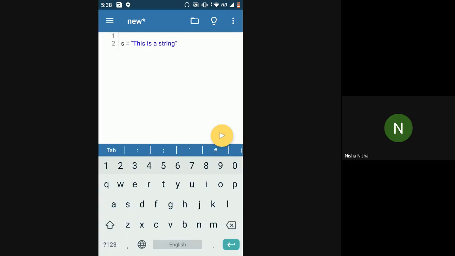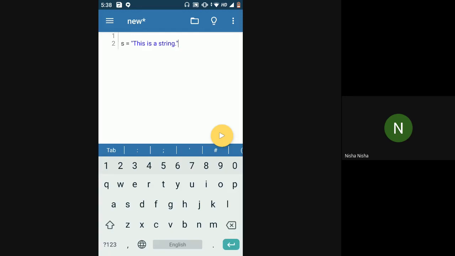An English sentence is called a string in Python. This variable is called a string. Just as we have various data types, where we can assign an integer, a float or a boolean, similarly this string is another data type, which means anything that you put inside the double quotes.